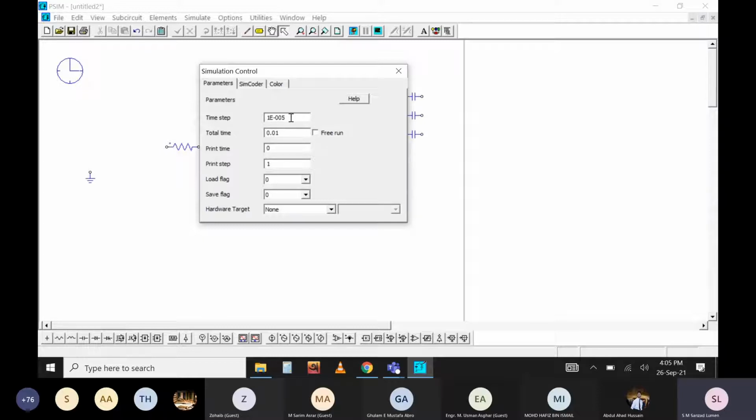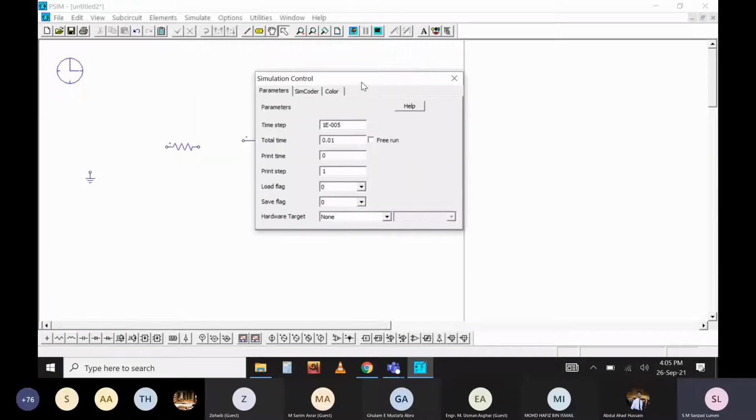You need to put this element in every simulation file, and here you need to define the simulation parameters. Usually you don't need to worry about this because the default parameters will be given here. The only thing you can do is choose how you want to run the simulation. Like, do you want to run it as a free run? It will run continuously like a practical demonstration. You can stop it or run it, and it will run on its own. For that mode, you need to click this free run mode.